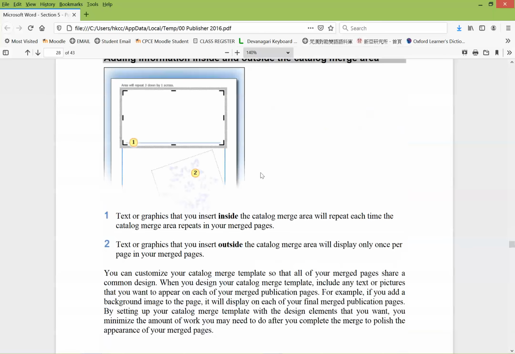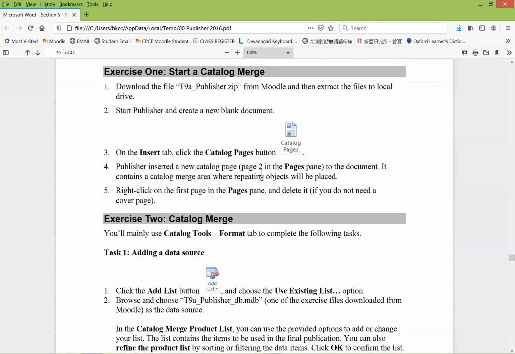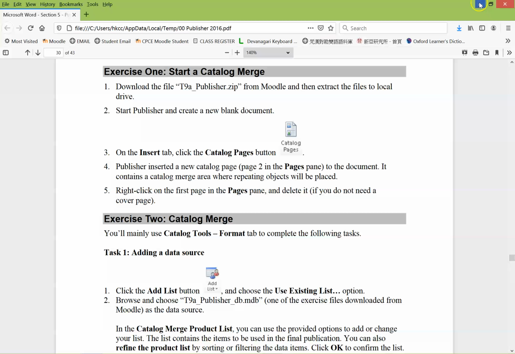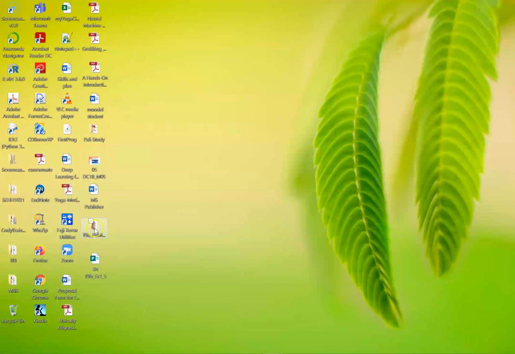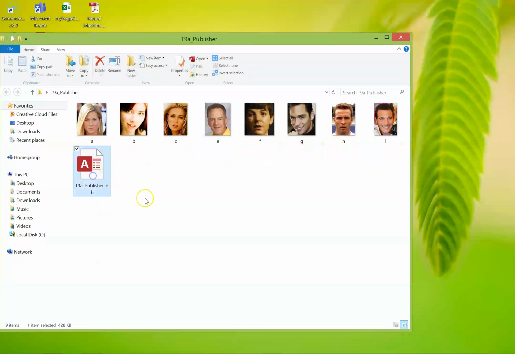Now let's go to the exercise and take a look. This is exercise 1 in this part. Before we go on with that, I also like to show you about the database that I created. The database we created is actually this one, called